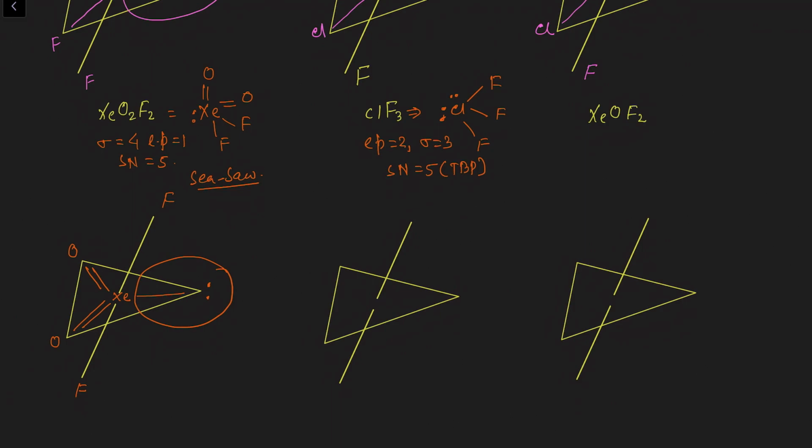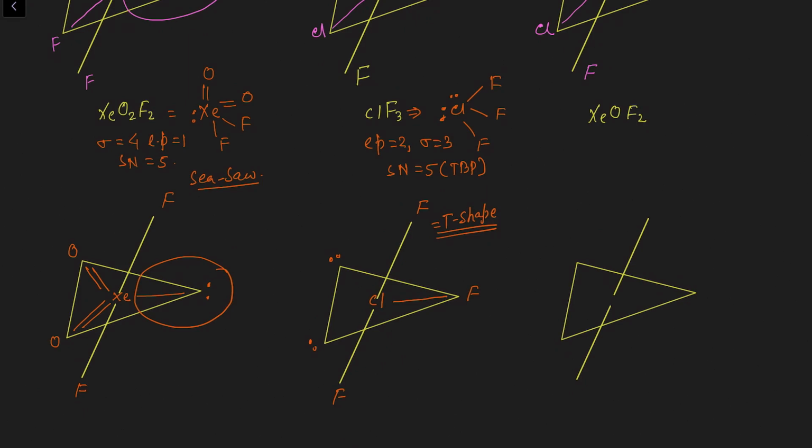But what is the shape? We need to decide it. This is the central atom chlorine. Fluorine is what? The most electronegative atom. So fluorine here, then here, then here, any one of the equatorial positions. The rest of the positions are occupied by the lone pairs of electrons. Now check what is the shape. Shape of this molecule will be T shape. Just hide the lone pair part, then you will get the T shape.